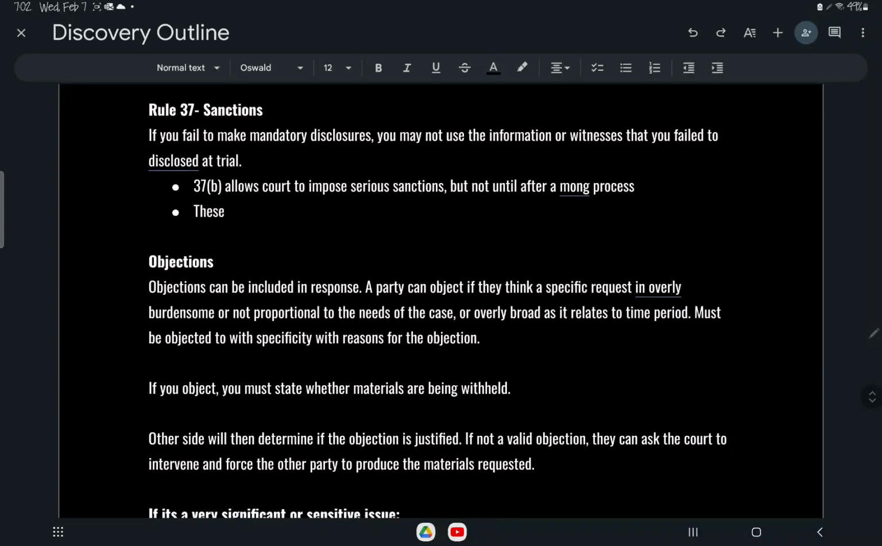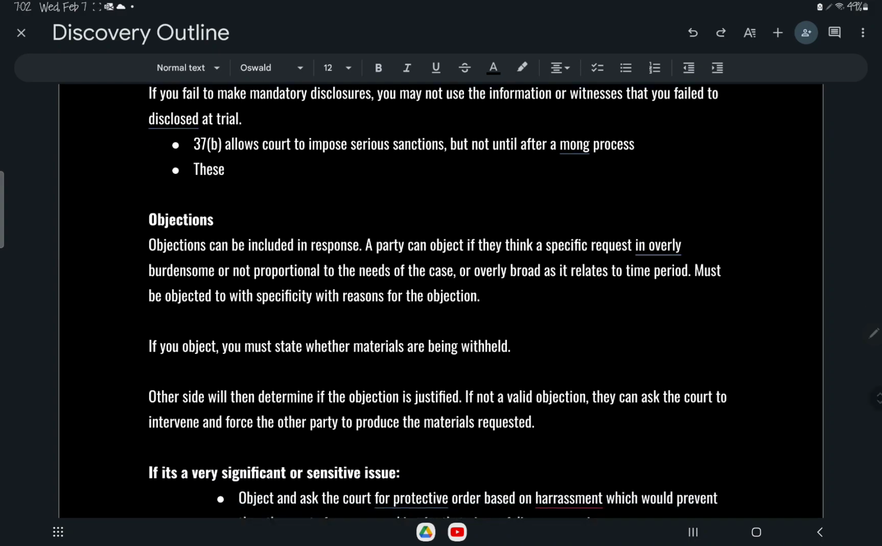Again, sanctions. If you fail to make mandatory disclosures, you may not use the information or witnesses that you failed to disclose at trial. Rule 37B allows the court to impose serious sanctions, but not until